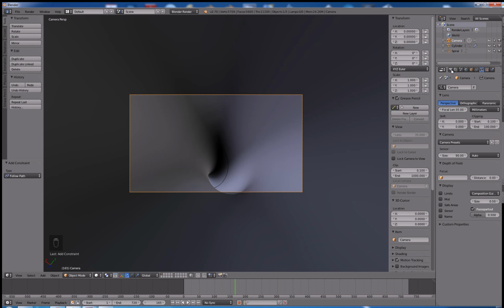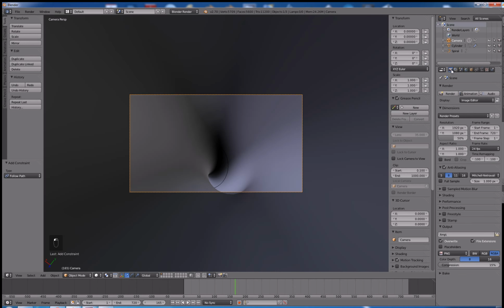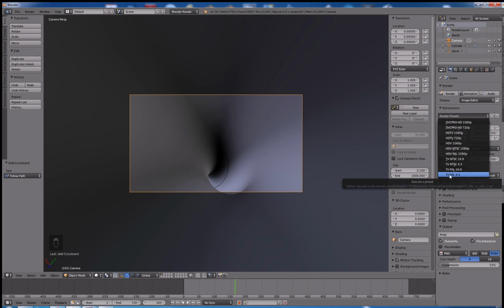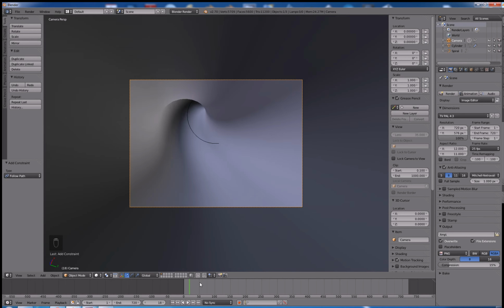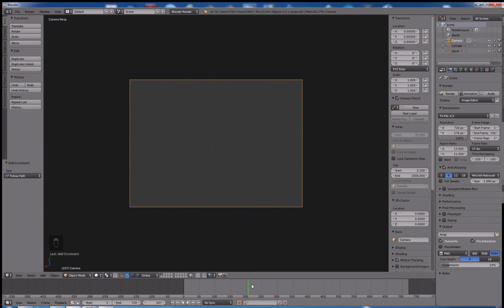And I will also add a camera render preset to be some 4:3 aspect, just to get less of a wide angle and just to get more square view of the video. Since the tunnel is round, this should make it work a little bit better. Now if I just scroll down my video, I can pretty much see that